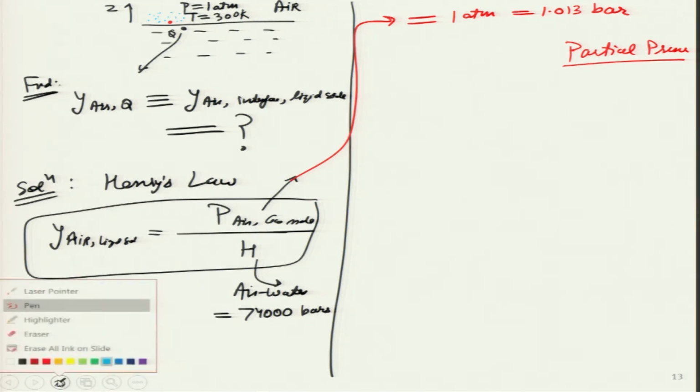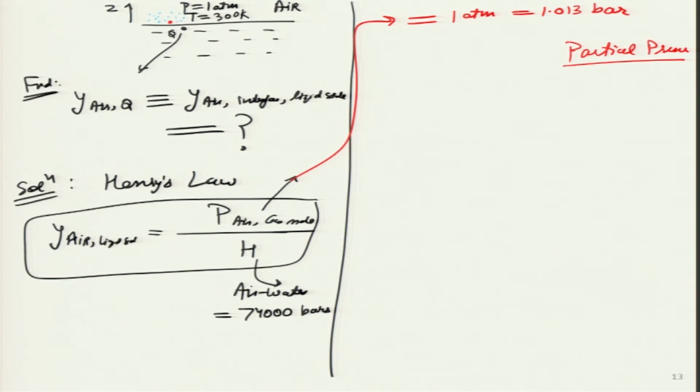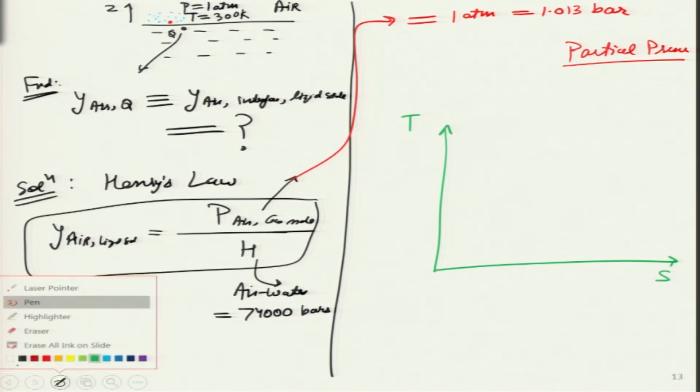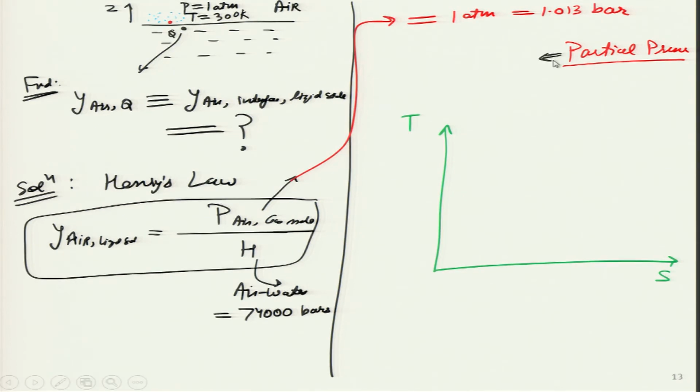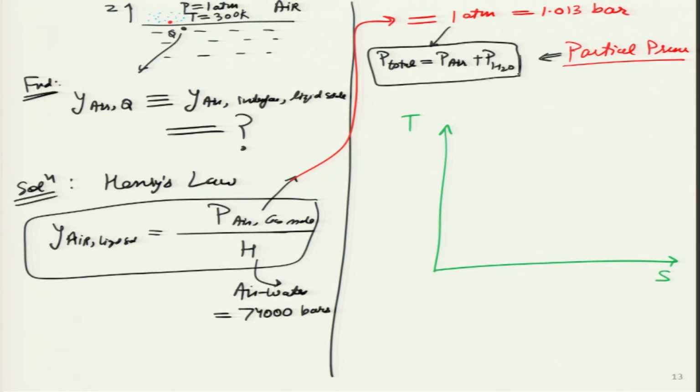So, is it complicated? I think if we make use of our thermodynamics background, it may become very easy. I will draw the TS diagram over there. Before I do that, let me complete this analysis for partial pressure. We are saying that the total pressure will be equal to 1 atmosphere, and that will be equal to the pressure of air at that point plus the pressure of water vapor. This value is not known to us, while this value is known to us, it is simply 1 atmosphere. So, the question is, what is the value of